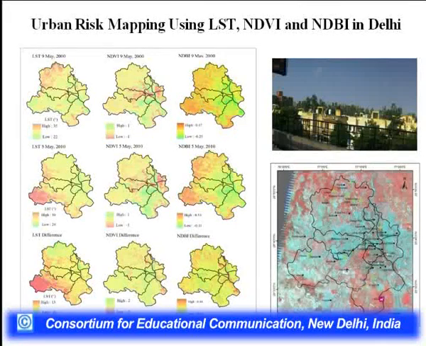Urban risk mapping is very, very important, and here we did land surface temperature, NDVI analysis, and NDBI built-up area analysis, and through this it is possible to link with the urban heat islands. Urban heat island can be combined with the more diseases. Urban heat island and air pollution, all in combination can be analyzed, and it is a very important study for the urban planners